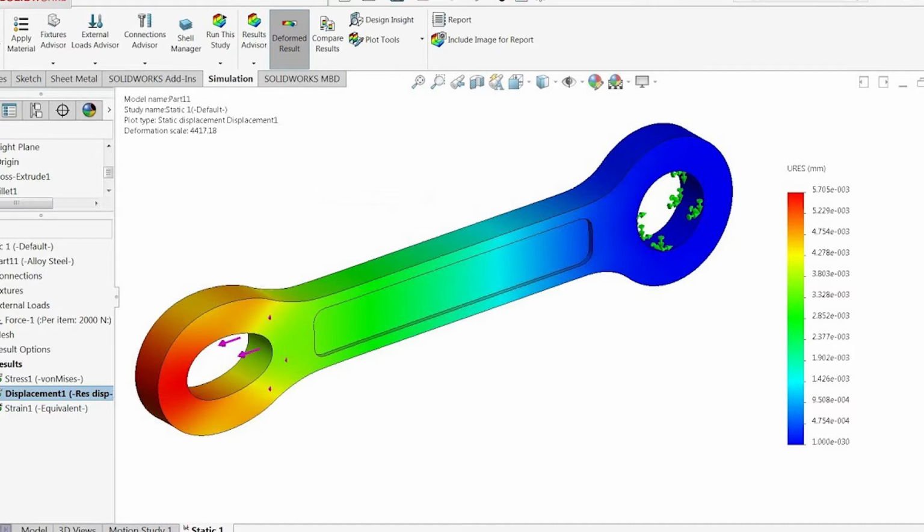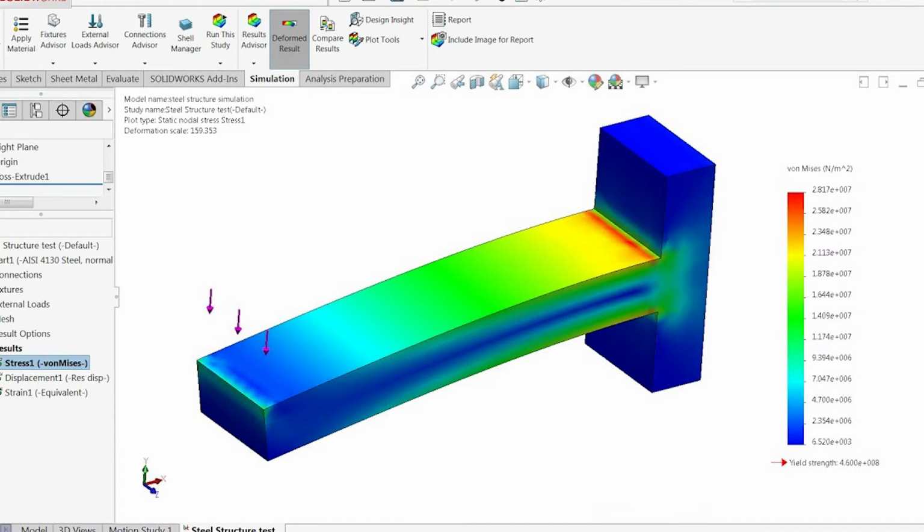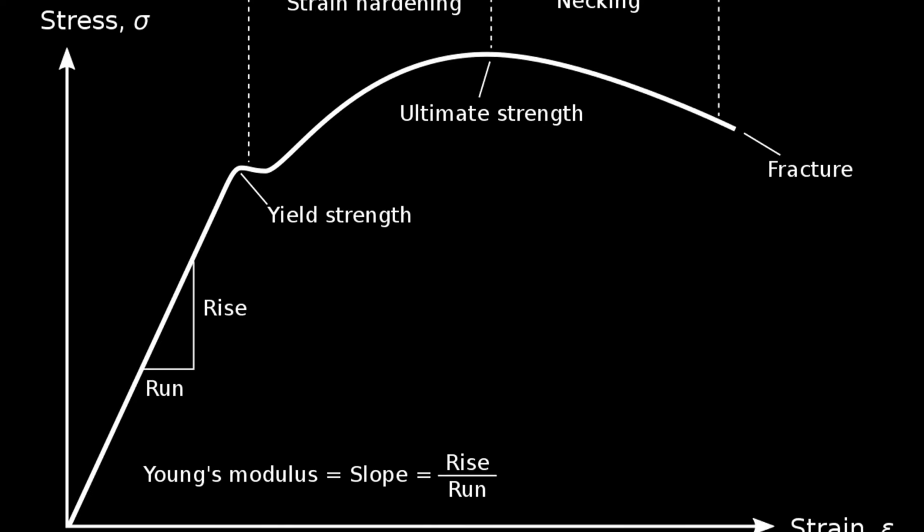So when you do a simulation in Solidworks, you get a really colorful part, and on the right side, there's this rainbow scale, and it's got values all over the side. These colors and values help you determine whether or not the part that you've created is able to withstand the stresses that you're applying to it, and that it's going to be subjected to in the real world. So first things first, I have to show you this graph,